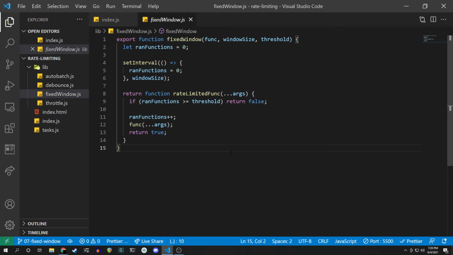I'm not terribly fond of our set interval here, since it's a good way to have a memory leak. I haven't provided a way to cancel it, and there may be a way to code it where we can remove it entirely, which I'll show you in a second, but for clarity's sake, I'm going to include the set interval. So, the set interval, every single time window size finishes, whatever millisecond number this is, ran functions goes back